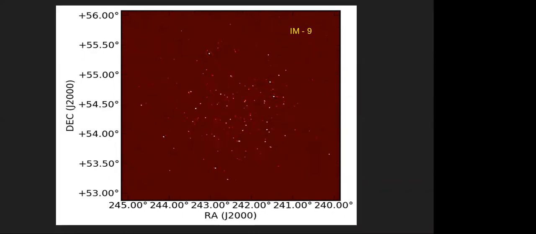Maybe a question for the audience. You see so many sources near the center of the field of view, but why do the sources reduce outside the field of view? So yeah, okay. The RMS is decreasing, right? There are faint sources, but I cannot see them properly here. Am I correct or no?